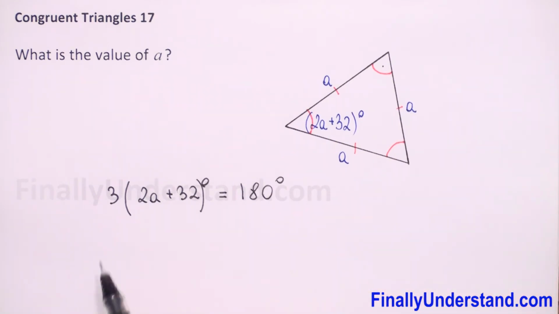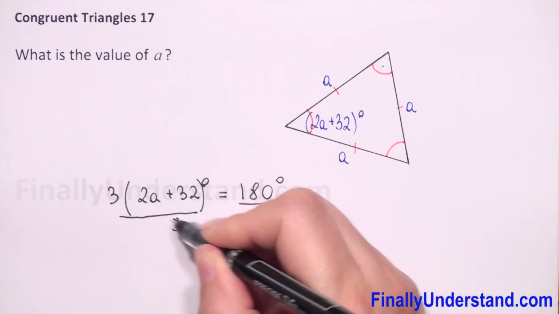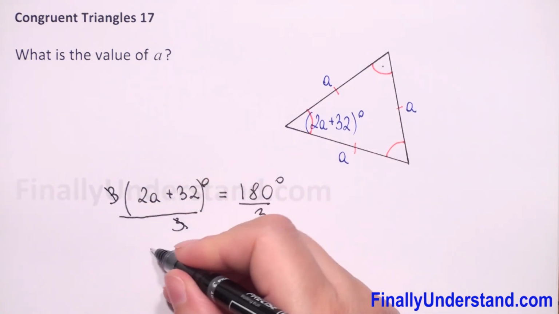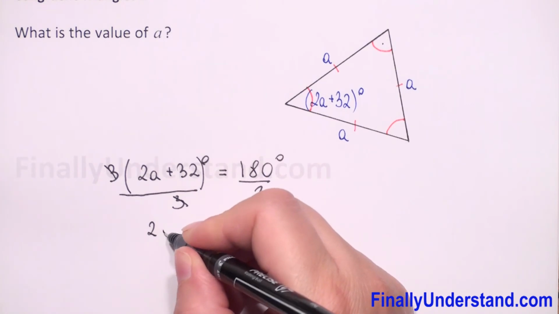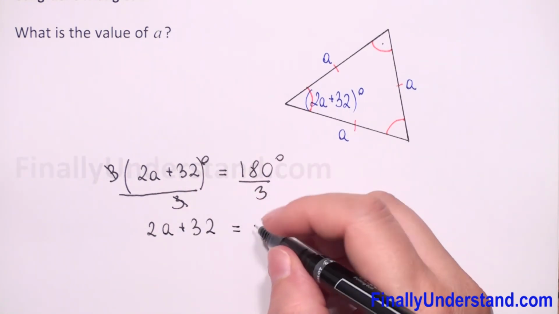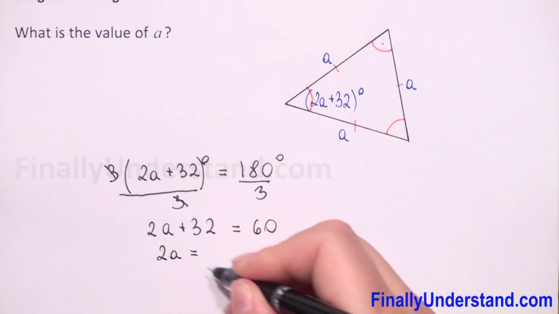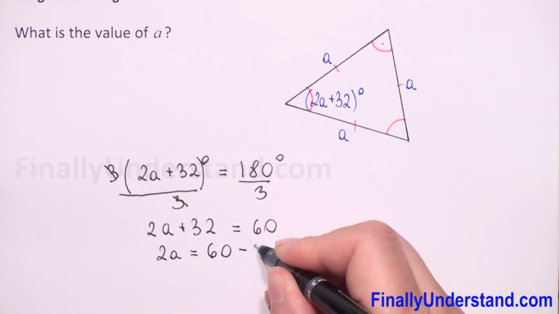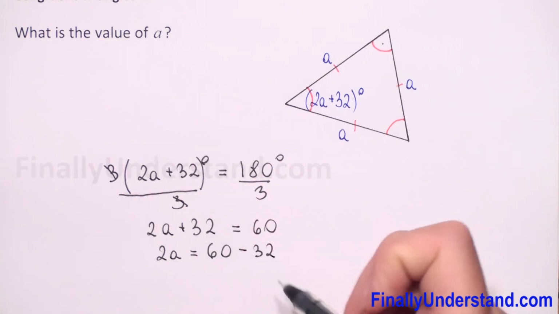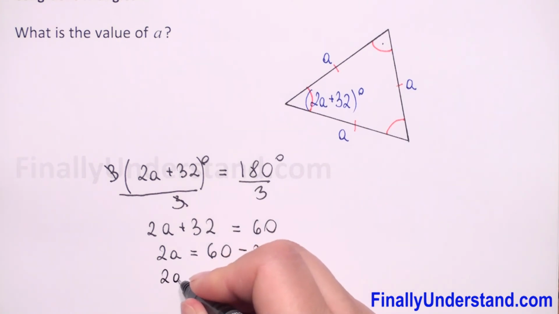So now we can divide both sides by 3 and let's forget about degrees. So we will have divide by 3, 3 and 3 we can reduce, and we have 2a plus 32 is equal 180, divide by 3 is 60, so we have 2a is equal 60 minus 32. I just moved 32 to the right side, so I have to change the sign. So we have 2a is equal